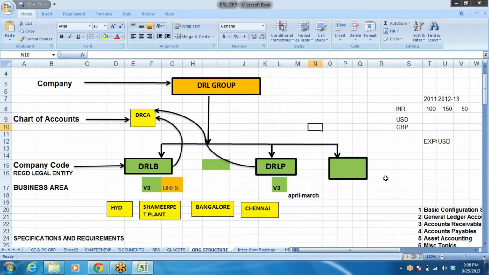So first of all, we need to understand the requirement. As a team of consultants, we need to go and discuss with the respective manager. FICO consultants will discuss with the finance manager, the finance department, and the end users, that is business process owners. And MM, SD, PP, like that, each and every consultant, the group of consultants will go and discuss with